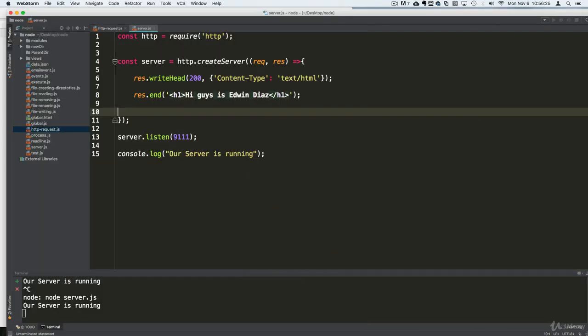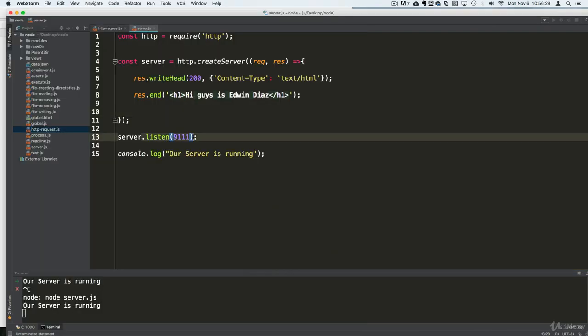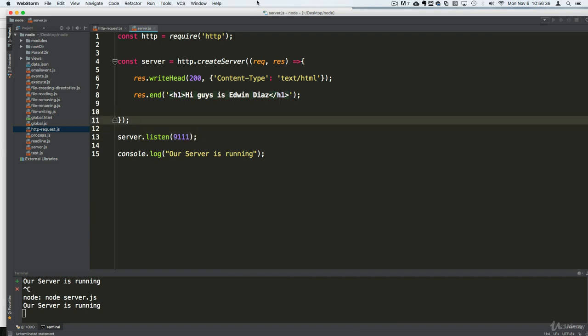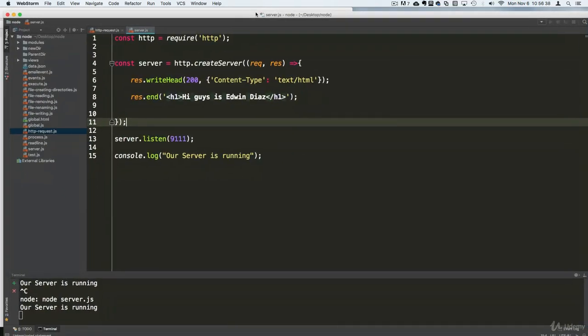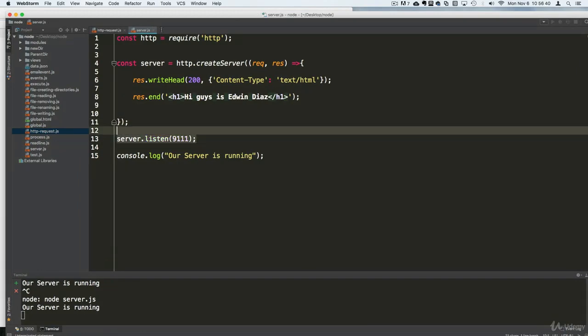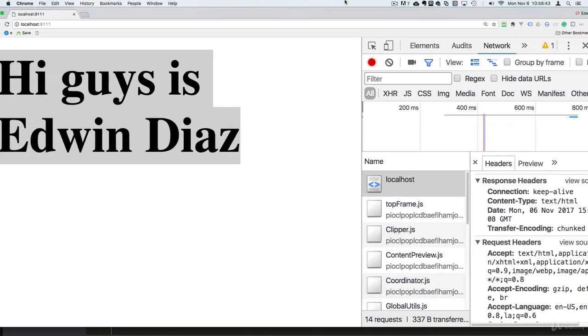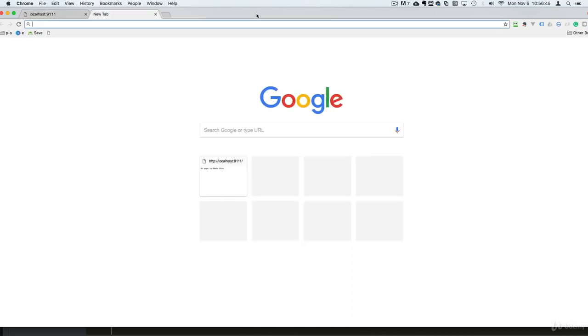So that's it for this lecture. By the way, guys, you can make this whatever port you want as long as you're not using it in your server. Make sure that you're not using it. There is a command to find out if you are using one of these, and you just have to type it for your operating system. And if you go here and search for what request is in this port,